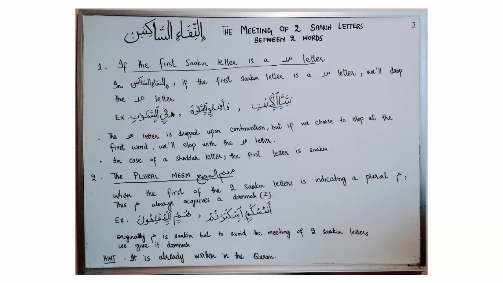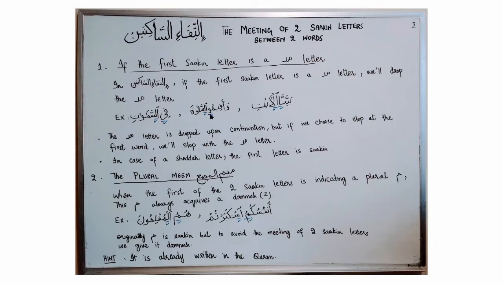So if you see in this case, the word is "fi", ya is sakin, and before ya, letter fa has a kasra. So ya is in a mad condition. If I don't have to join it, I will only say "fi", and this is 2 counts. But if I choose to continue, then in this case, letter ya is in a mad condition. When I join it with letter sin, I will drop the ya mad. And instead of saying the long "fi", I will say "fi samawati". So the mad letter will be dropped in pronunciation.